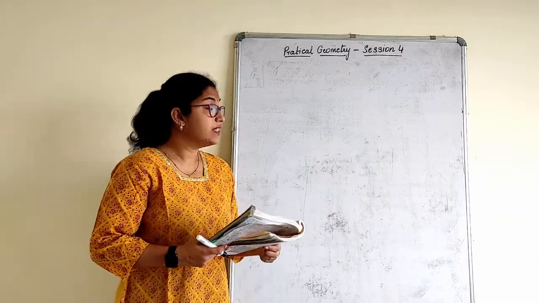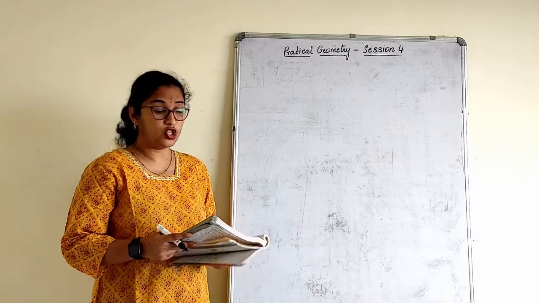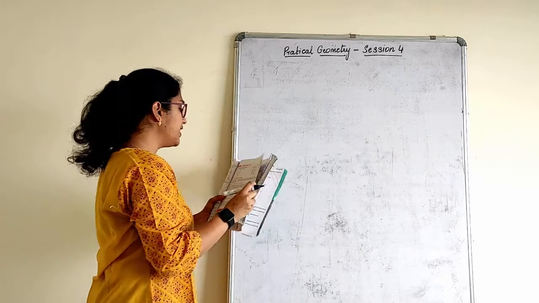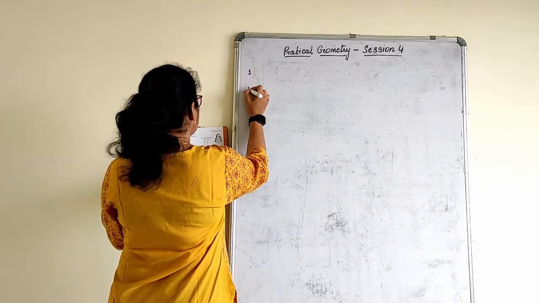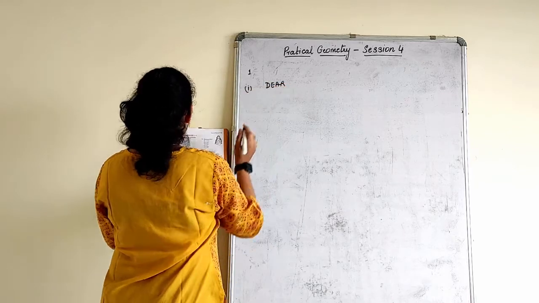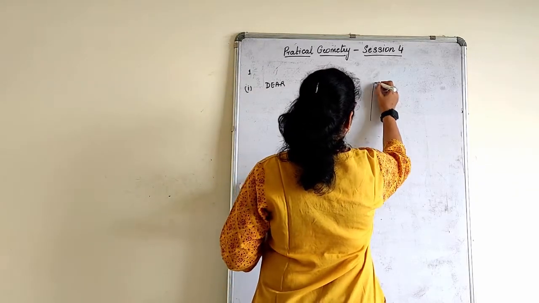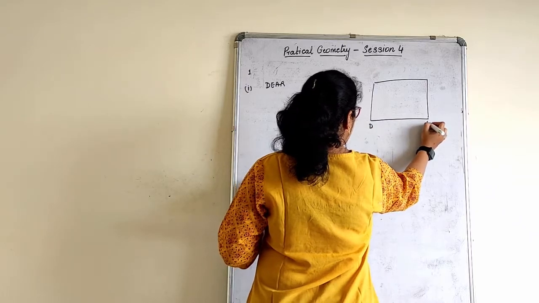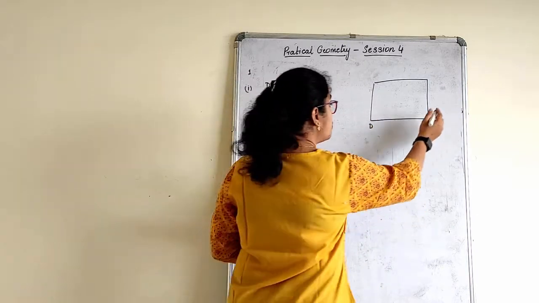Good morning. We will start session 4 on chapter Practical Geometry, and this is the last session for this chapter. The last exercise. Now we have another exercise after this. So construct a quadrilateral DEAR where they have given us two angles. Now again I will tell you, whenever you draw a quadrilateral, make sure that you have the angles in the base as well as the side. One base should be there.